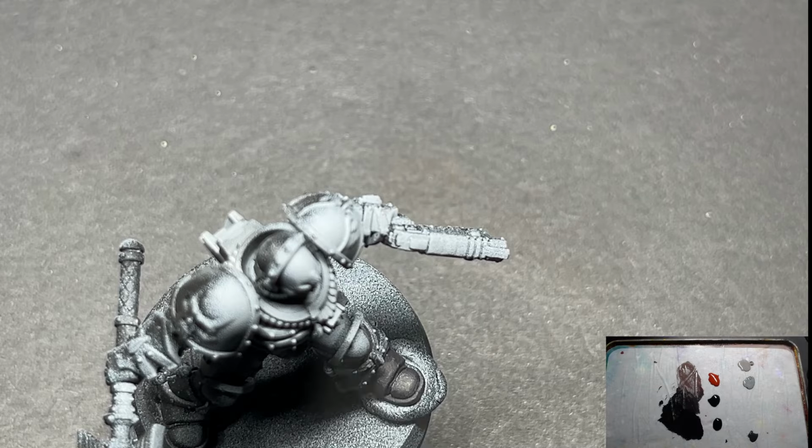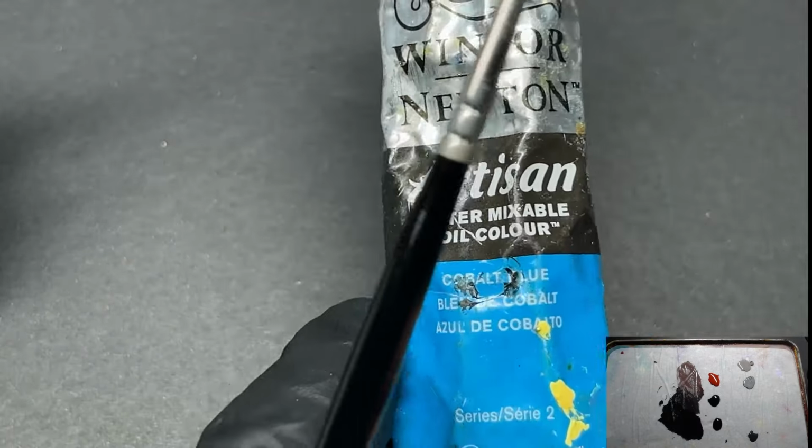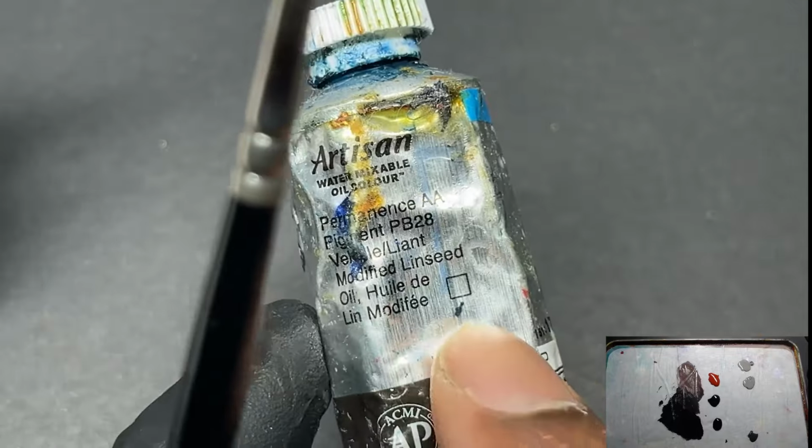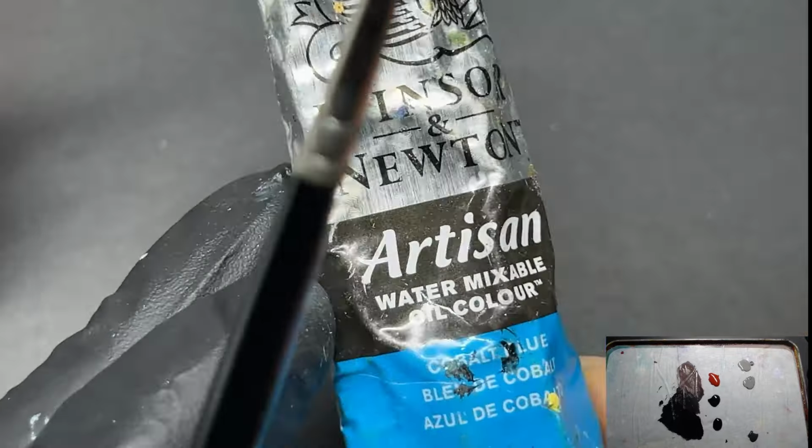Not really. They dry faster than normal oils. Okay, that's not true. The only downside is that, at least in this brand, Winsor Newton, you don't get a lot of opaque oil paints. There are other brands out there that I haven't had a chance to try yet. But that's fine,